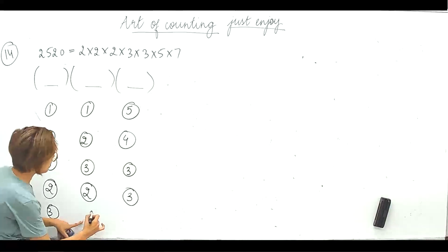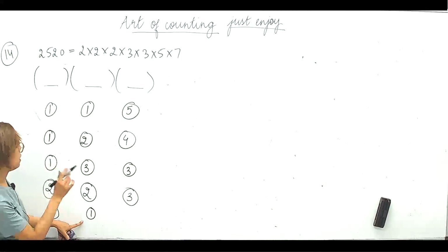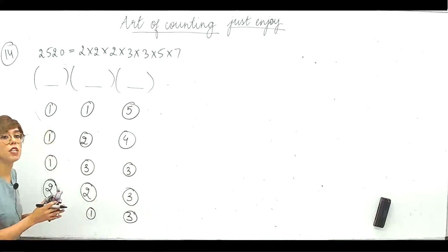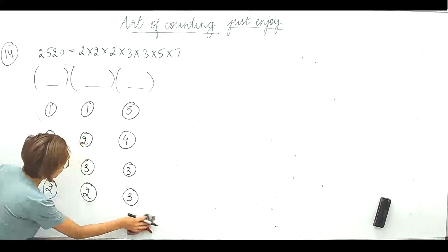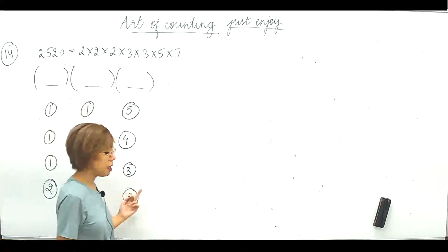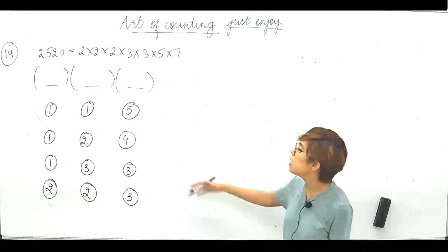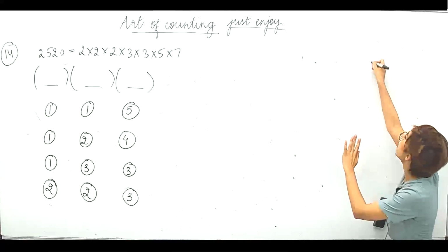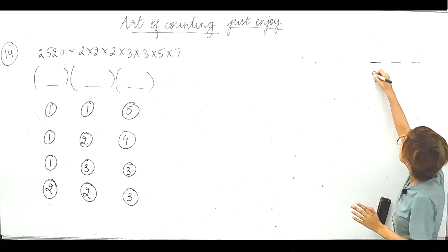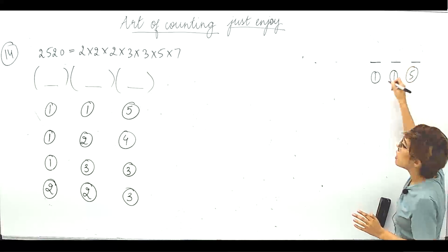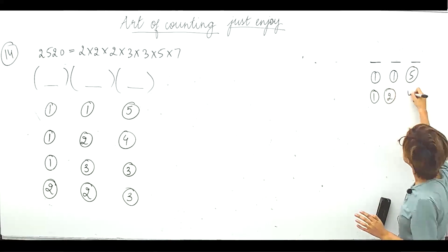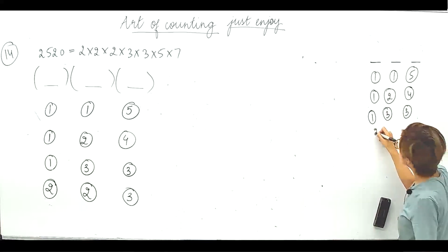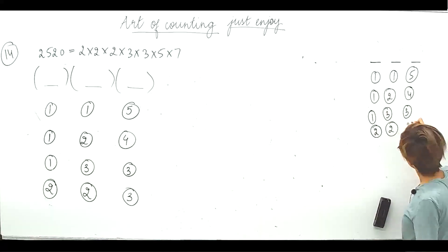So 3, and suppose let's put it 1 here. But if you look carefully, 3, 1. तो यहाँ पे 3, 1, 3 आएगा, which we have already chosen. So if you look for more cases, you will realize कि वो repetitions हो रही हैं. So these are the possible cases which we need to consider. So I'm writing this here on the side in case I forget. Right? So 1, 1, 5. Then 1, 2, 4. Then 1, 3, 3. And then 2, 2, 3.